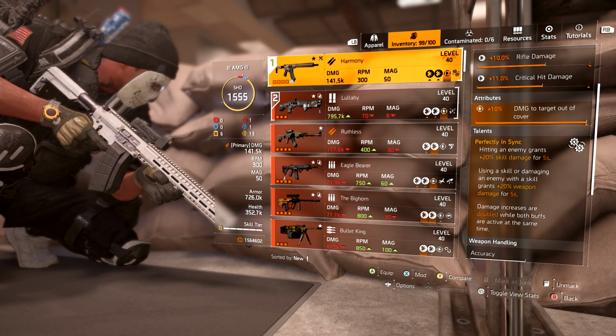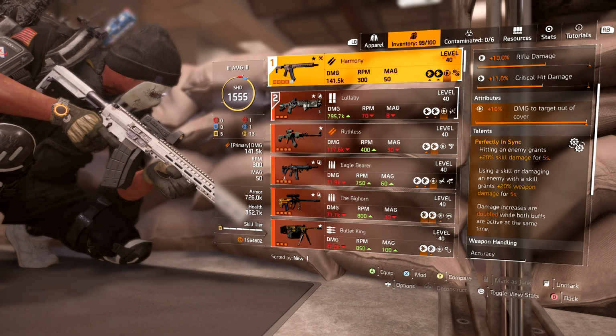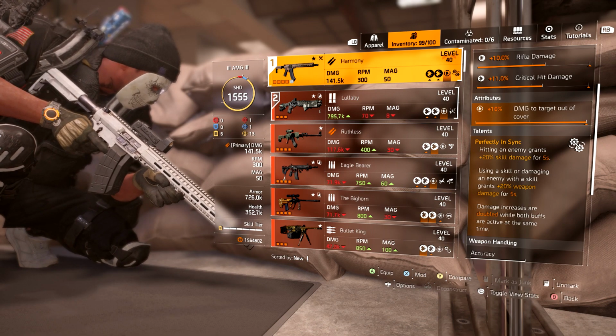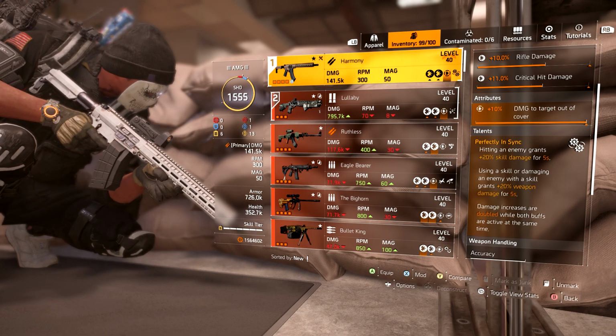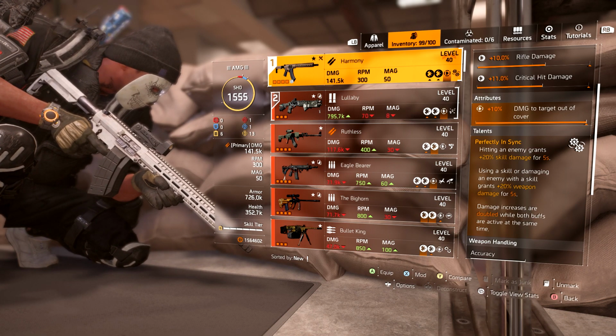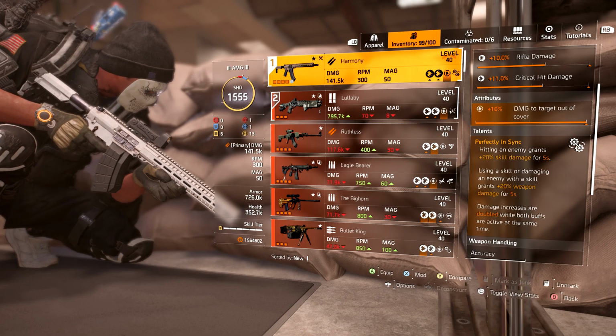Hitting an enemy grants 20% skill damage for 5 seconds. Well done, you've shot the enemy now. You've now got 20% skill damage for 5 seconds. Using a skill or damaging an enemy with a skill grants 20% weapon damage. Okay,